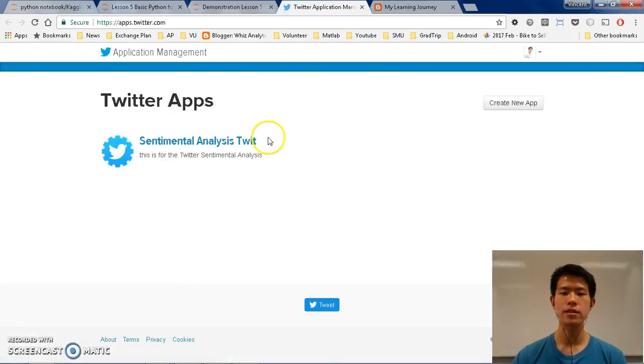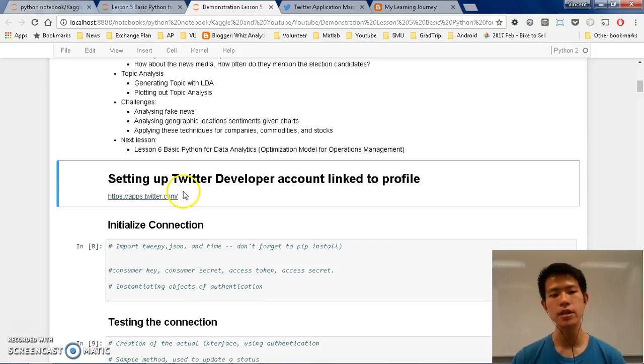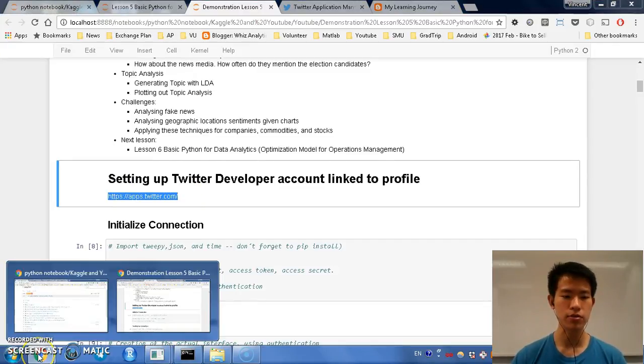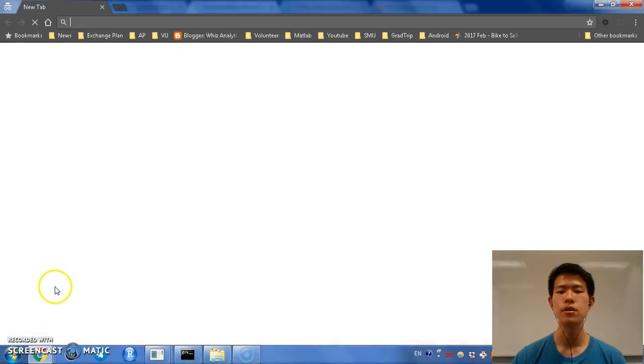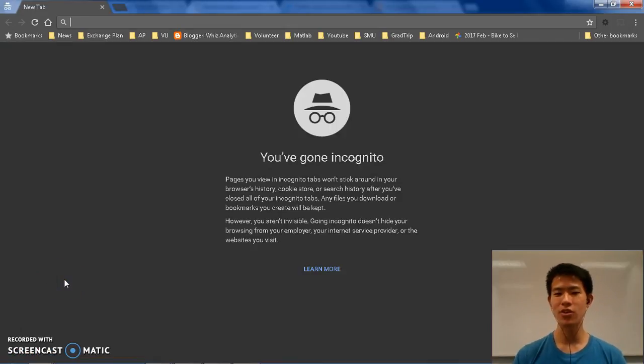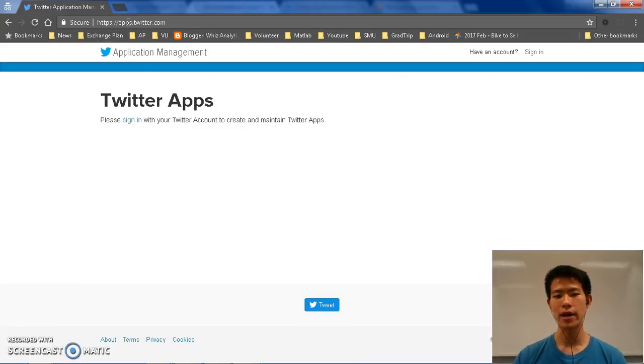When you click on it, this is what you can find, but only if you have logged in. If you haven't, then don't worry. Let us try this together. I'm going to create an incognito window which doesn't have my account, so it's very secure, there are no cookies for it to keep track of who I am.